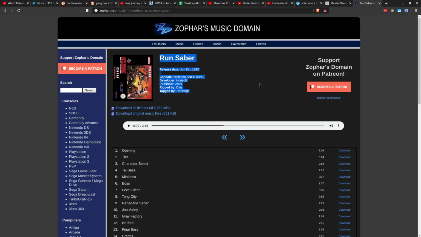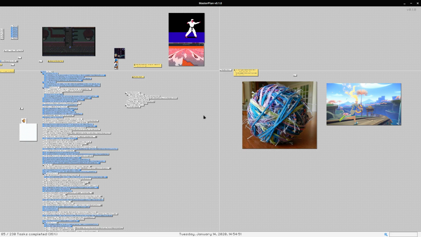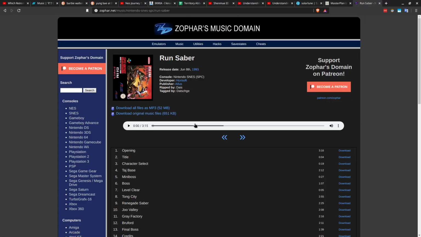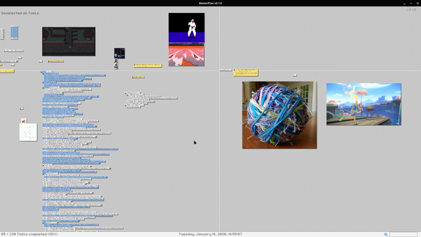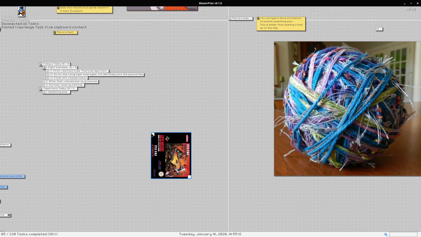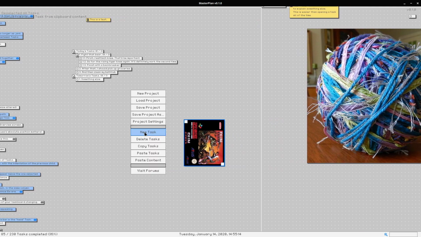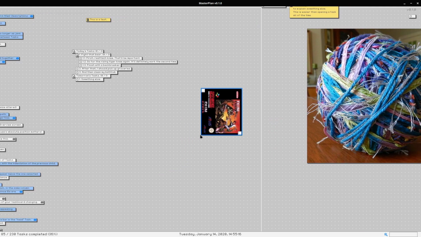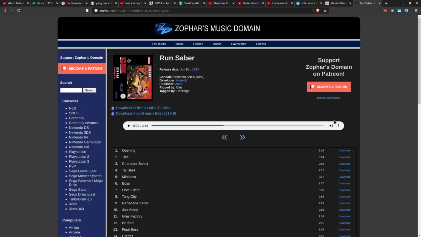Something else you can do is paste content in from your computer's clipboard. Before, you used to have to create a task and then paste in the information. Now I created a shortcut and a menu option for that. So if you see something you like on, let's say, a website, you can right click on it, choose copy image address, and then there we go. Use Control-Shift-V or paste content to paste in the image if it's an image, or the audio if it's an audio file,